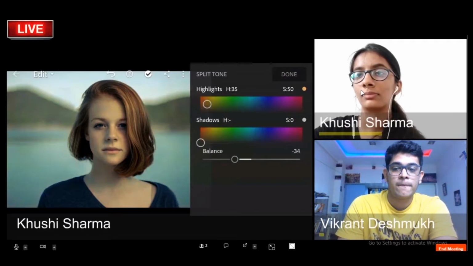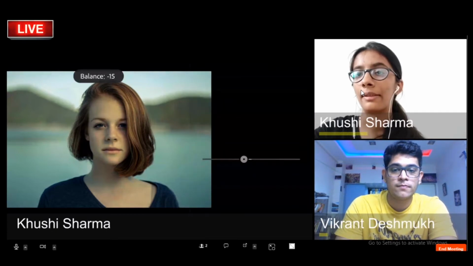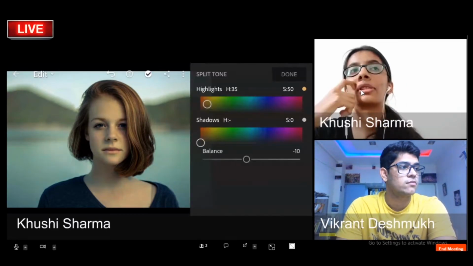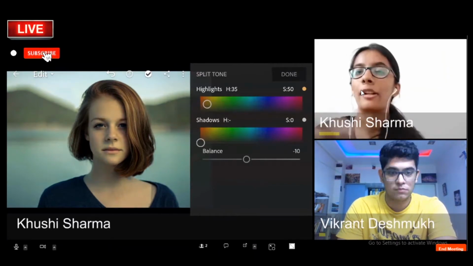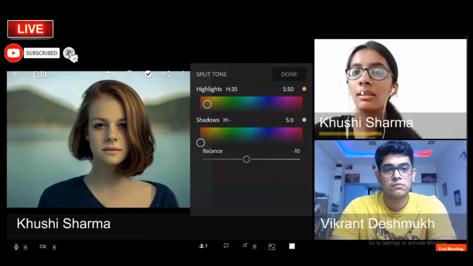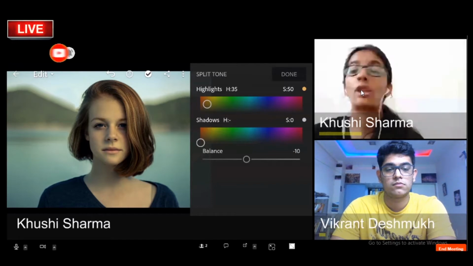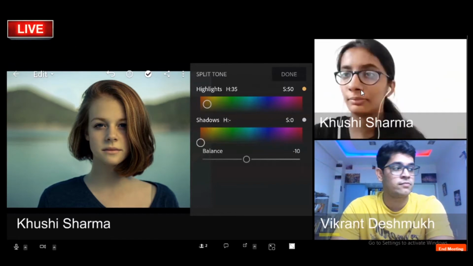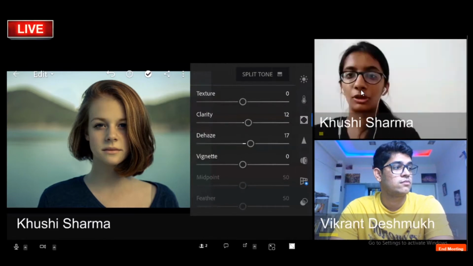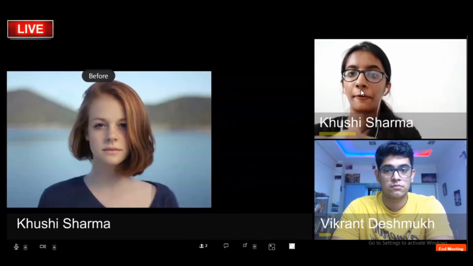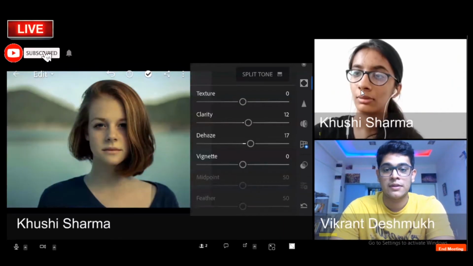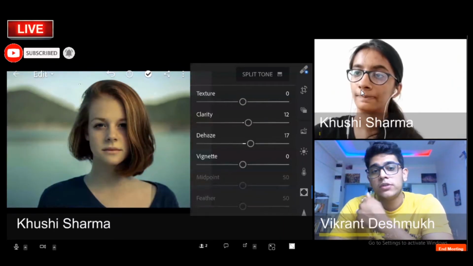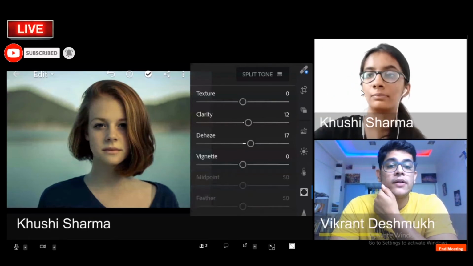For balancing, we can adjust it, like a double exposure kind of thing between the highlights and the split tone and what we changed in the contrast. So this was the before image. This is after. Please go back to the curves section. I'll tell you one important thing.